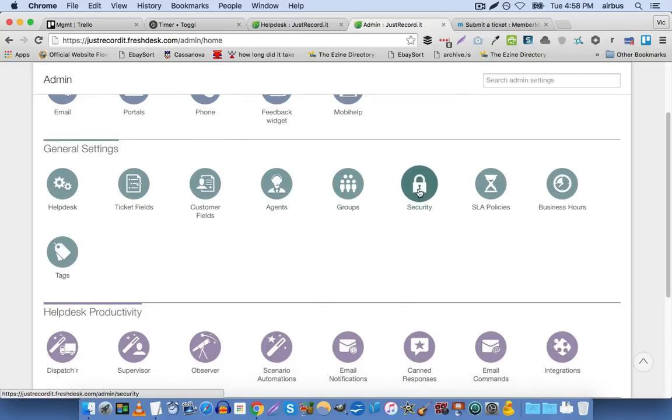And I'm going to ignore groups. I'm going to ignore security. I'm going to ignore SLA policies, business hours. Now,